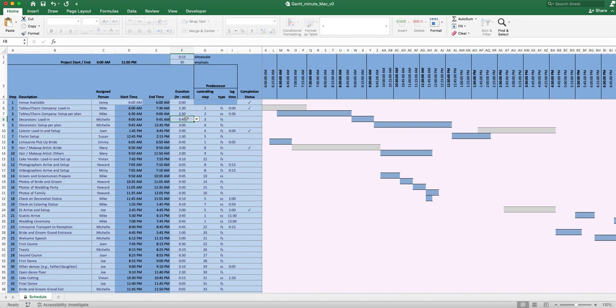It's going to take her 45 minutes in order just to get all of her decorations off of the truck, and so that's why you're seeing that this is now 9:45, taking this duration and adding it to the start time here. So she'll be done getting everything off of her truck by about 9:45, and then